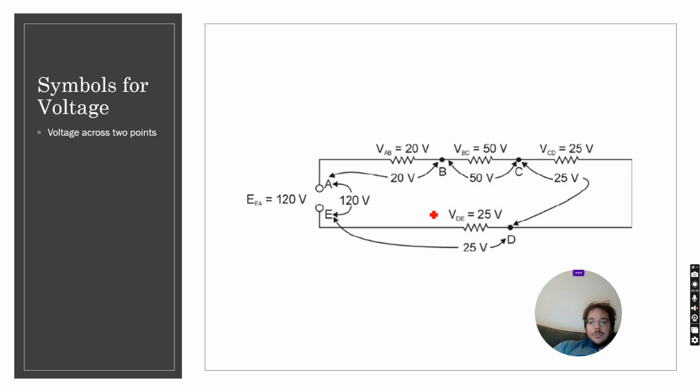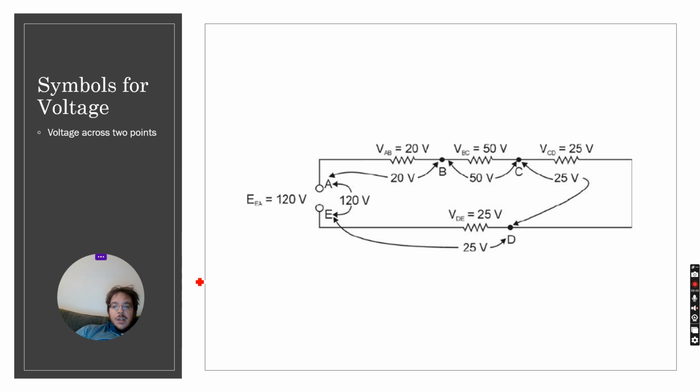So here's a more complicated circuit, and what we see is the negative and the positive, and we've got, remember again, 120 volts. Now I've got 4 loads here, so we've marked these points as A, B, C, D, and E, and each one has a certain voltage drop. So we lose 20 volts here, and then 50 volts, and then 25 volts, and then 25 volts. So we end up at 0,